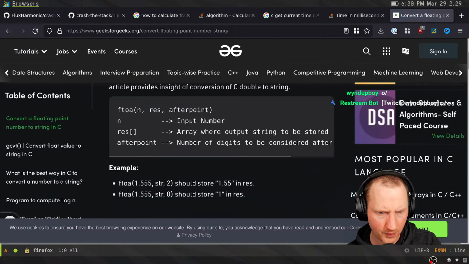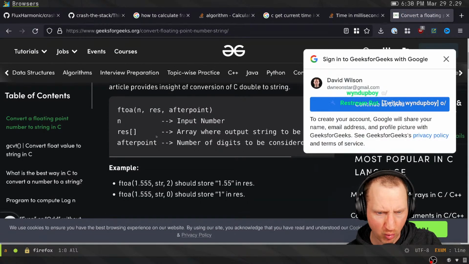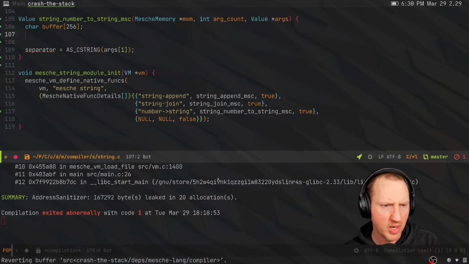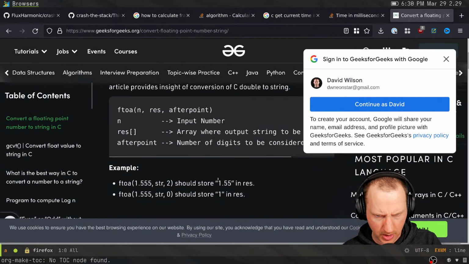F to A after point should store 1.55 in res. Okay, I like that. So that's the way we can say what the decimal limit is. I'm just going to say 3 there for now. I'm going to hard code it to 3, then we'll make it a parameter later. So F to A